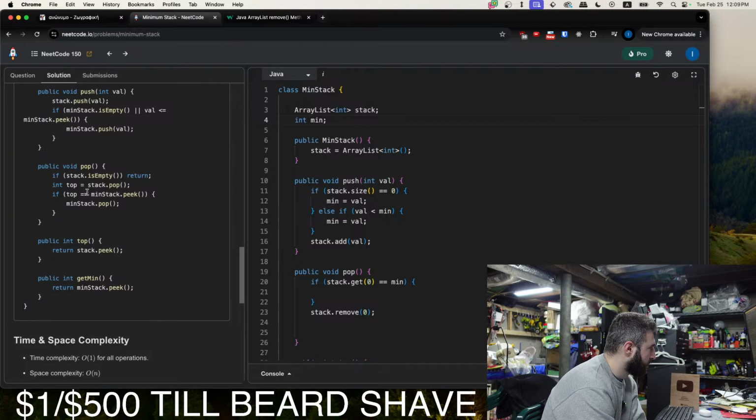We call getMin, and we get 3, because it's the top of the min stack.